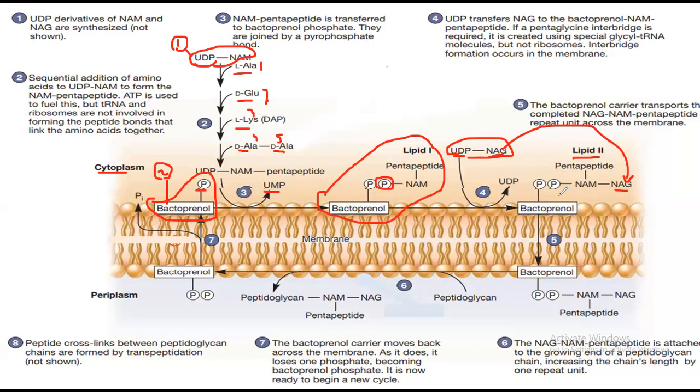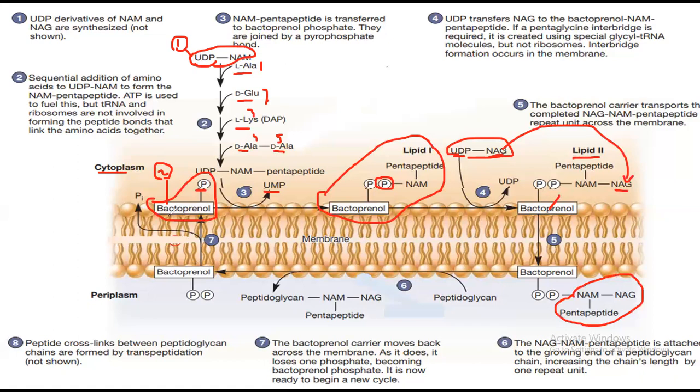After that, as I have mentioned, the bactoprenol has to pass this large complex across the plasma membrane. As it passes this complex across the plasma membrane, it directly leaves this chain. It leaves this whole compound, taking both the phosphates with itself, and this is now already made. It is now a ready-made repeat unit of a peptidoglycan layer. So the bactoprenol leaves this molecule,